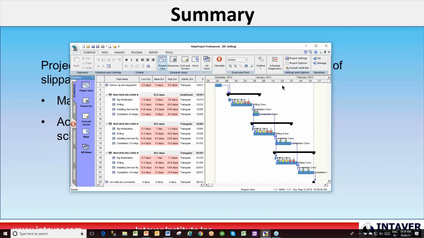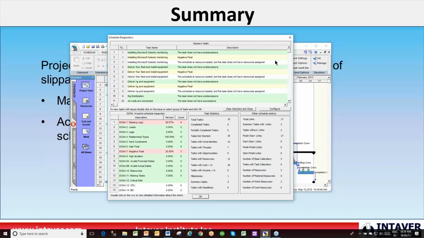And the other thing is we want to do a schedule check. In version 7, we have a simpler schedule check. We're going to be introducing this larger, more complex one. This is a full DCMA 14-point analysis. However, again,